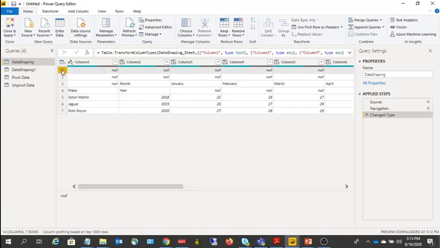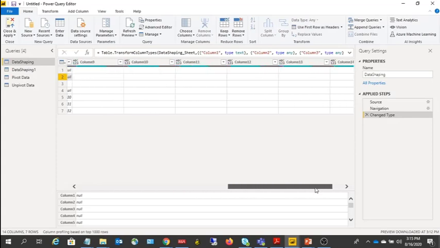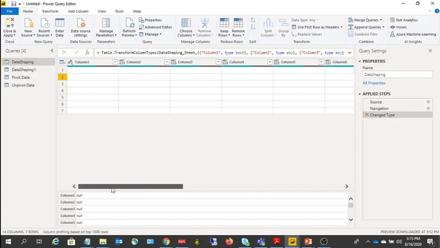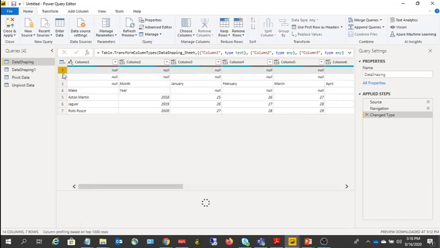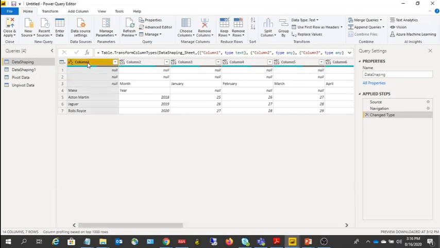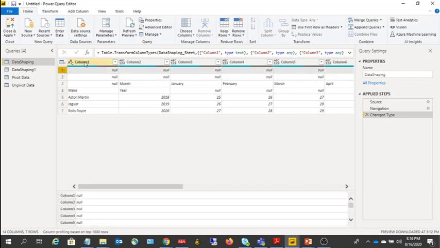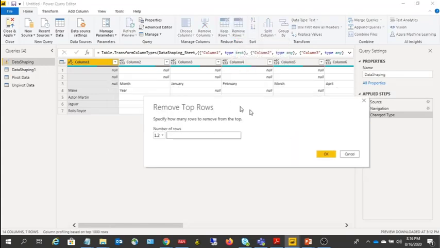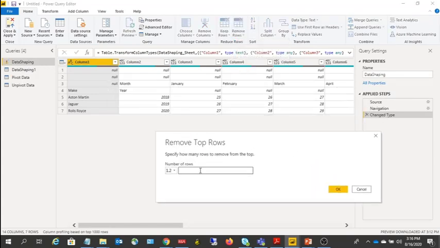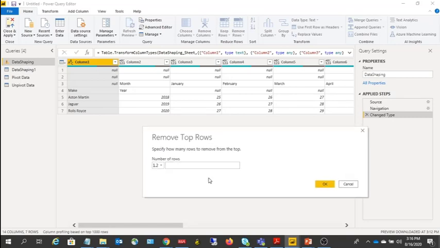Now you see the first two rows, 1 and 2, are not at all required, and every record for all the columns in these two rows is null. What you can do here is apply a transformation to remove those two rows from this table by going to remove rows. There's a remove top rows option. Click remove top rows, which will help you reduce the number of rows as well. Then you need to enter how many rows you would like to remove.